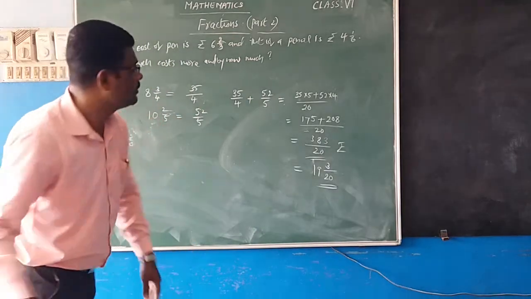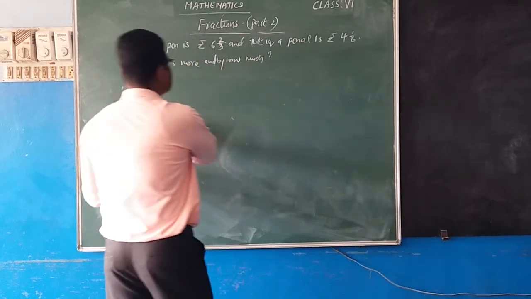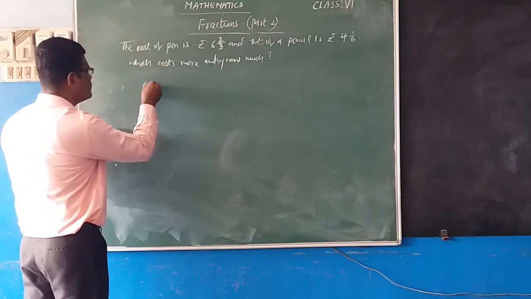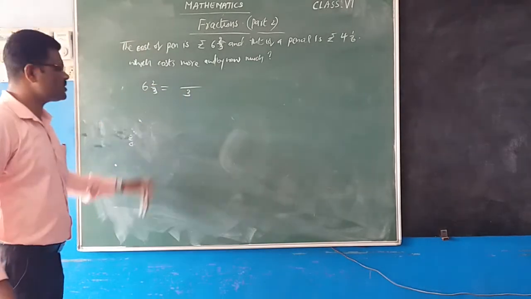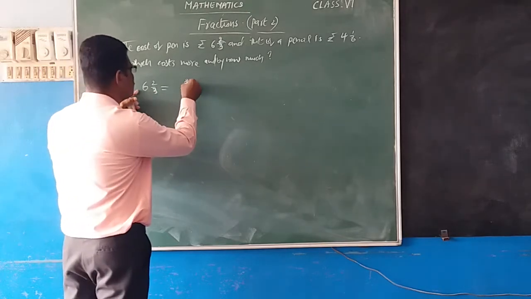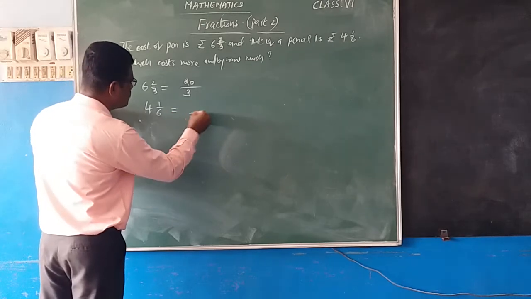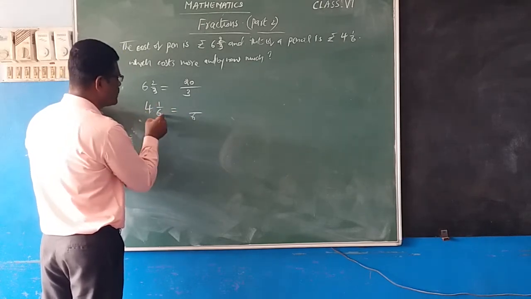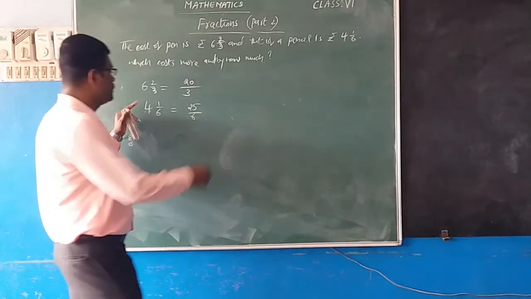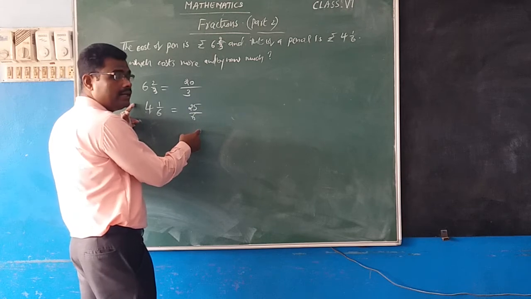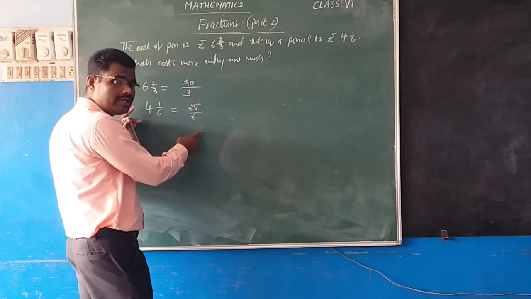What is the meaning? So when we can say which costs more, if it is like fractions. Let's see, 6 2 by 3 is given. Let's convert into the form of improper fractions. 3 6s are 18 plus 2 is 20. Then 4 1 by 6 is equal to 6 4s are 24 plus 1 is 25. Clear? So can you say now which is greater? No, because it is an unlike fraction, we cannot say.